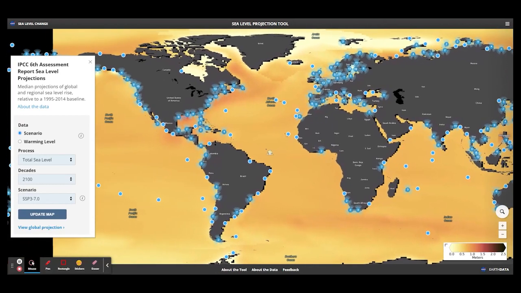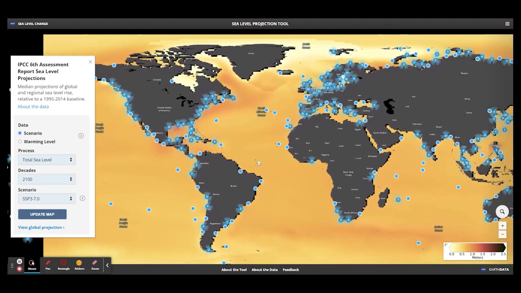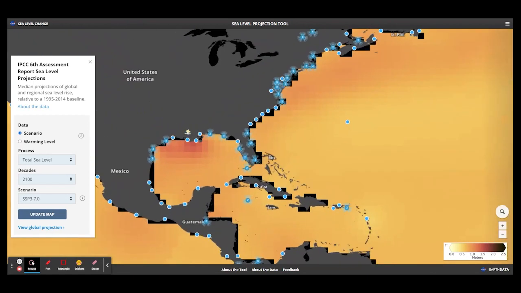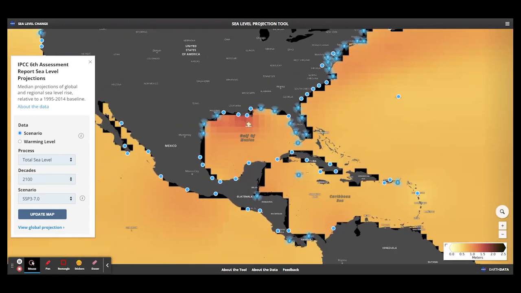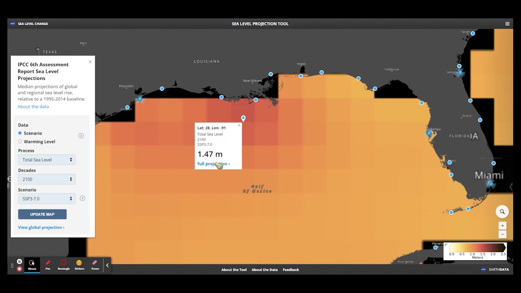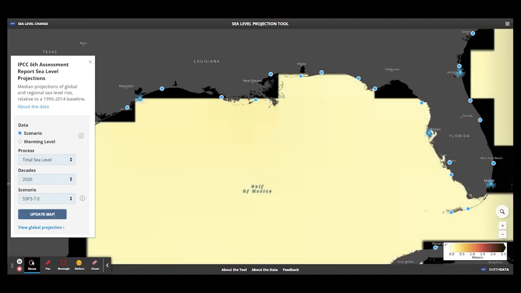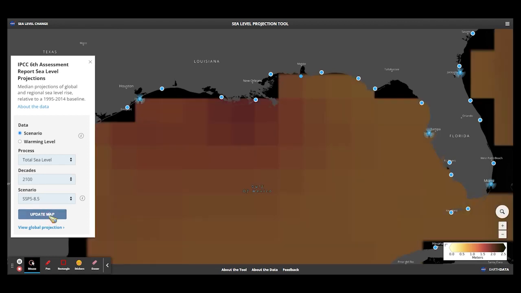This last simulation is about sea level data. Students can play with the sea levels of a particular area by clicking on that area and seeing what it is in meters. And on the left, they can change the future projections based on the most optimistic and pessimistic conditions. So now selecting the pessimistic conditions with the future predictions for the Gulf of Mexico,